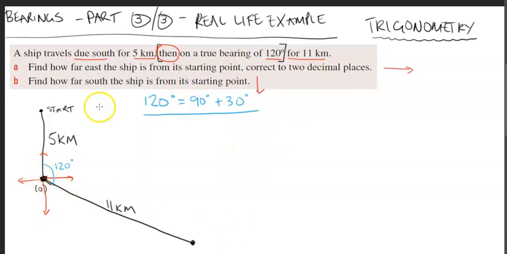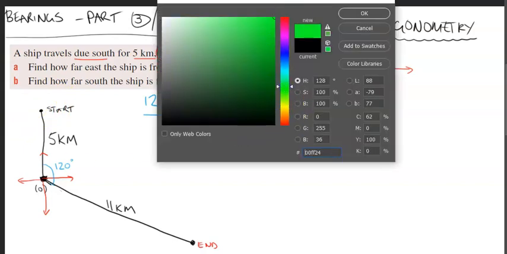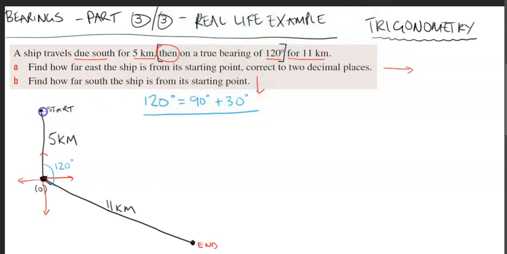Okay, so we've got our diagram. Our ship has started here, it's ended here. And now what we need to figure out is how far east the ship has gone from its starting point, correct to 2 decimal places. So we're looking for this. How far along has this ship gone from here to this direction here? And if we keep going and going, what I might do,